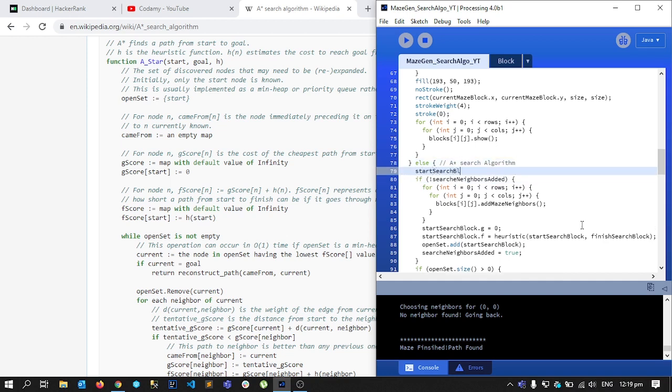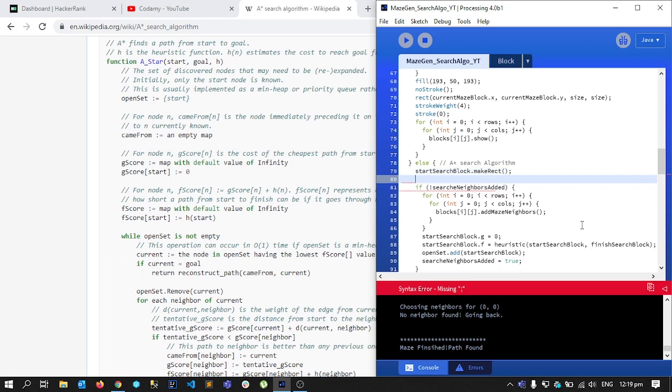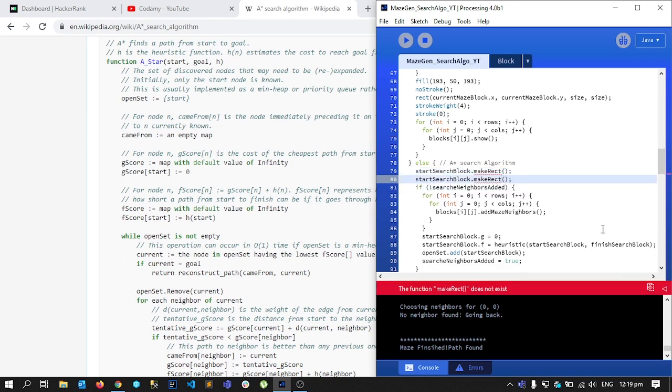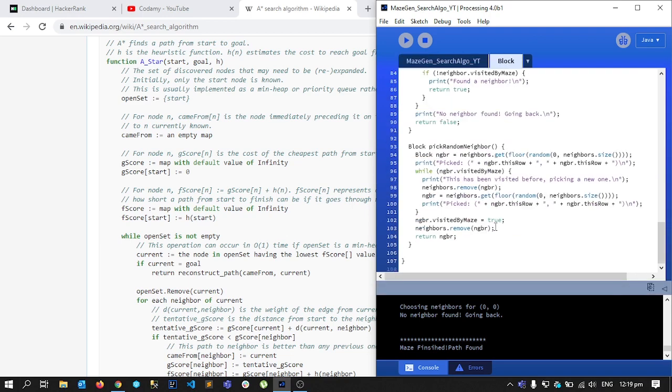Start search block. I'll create a function make rect, and I'll pass in the color for that, because I want to make the start and the finish of different colors. Finish search blocks, and for start I will make it green, and just for starters let's also make this green. So let's go to our block and add another function,